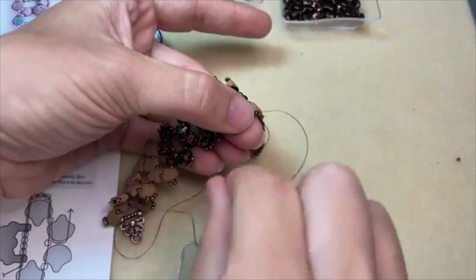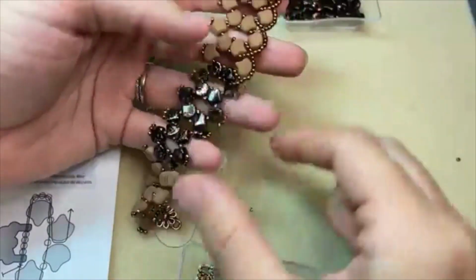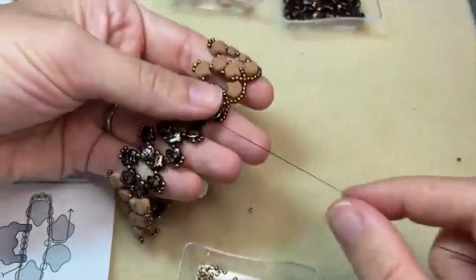Oh, this is so pretty. I love it. Gorgeous. Oh my gosh, these colors for fall. They look caramelly, coffee. So good. Let's do one more, and then